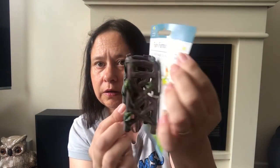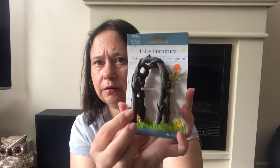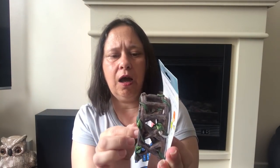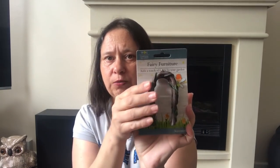Right, the next one, again from the same make, is it? I think it is all from the same make, but yes, it is. And this is under Fairy Furniture, and it is this one, the little arbour. And I'm hoping, you know, it's quite sturdy. So I'm hoping she will enjoy putting the pieces together in her little fairy gnome